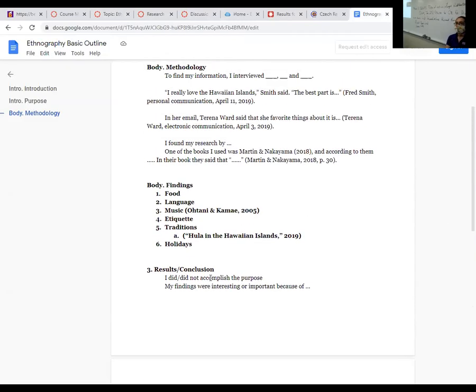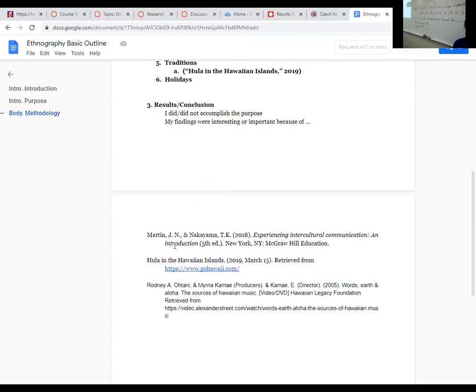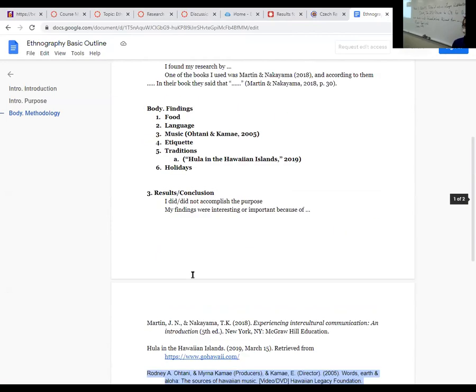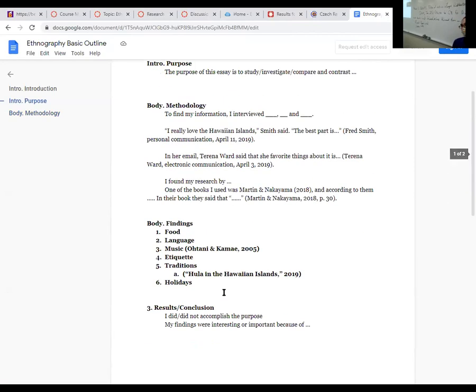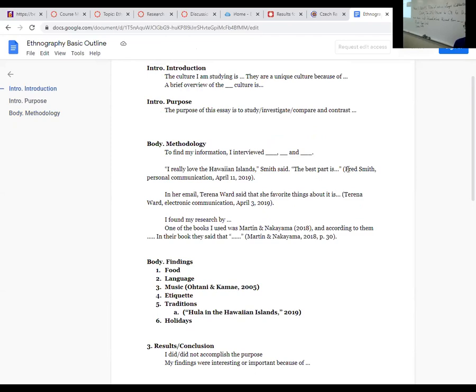But you guys can feel free to use this outline, check it out. Use the basic style of the references, and then if you guys have questions, we can add more to this outline if you have specific ones about how do I do this particular thing. When you do your interviews, you don't actually put those in your references, you just put them in text. So if I interviewed Demi, I'm not going to have her in my references below. It's just going to be in text,